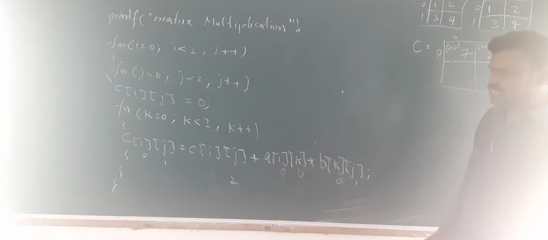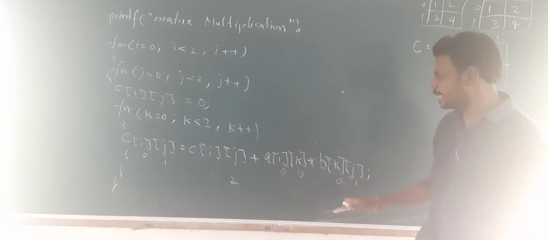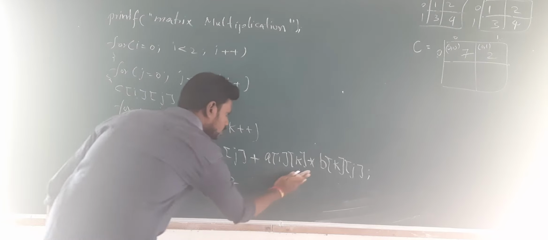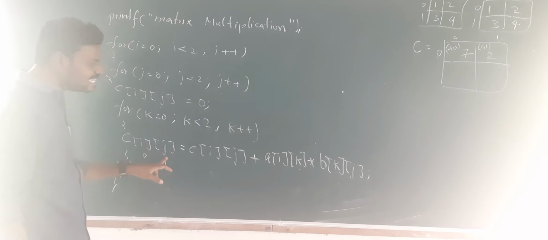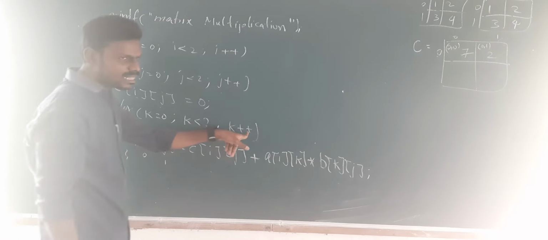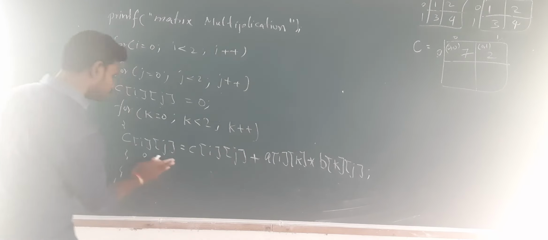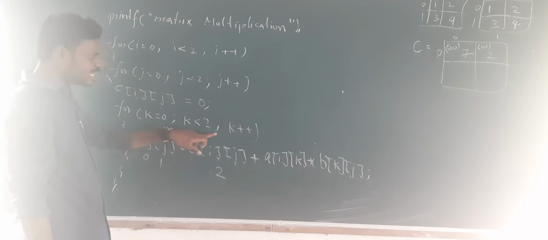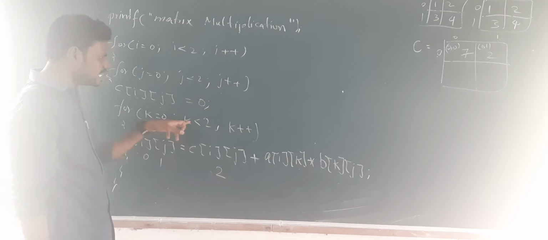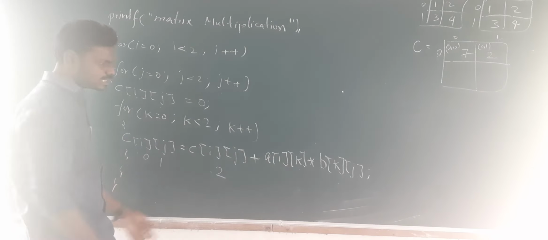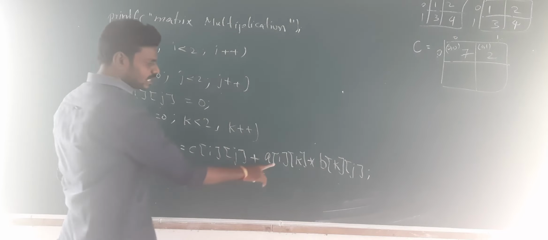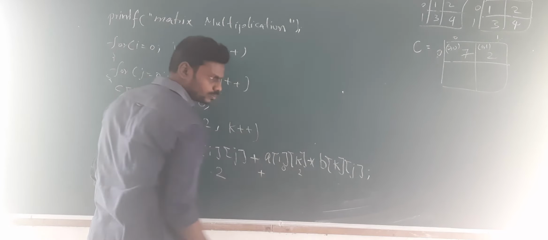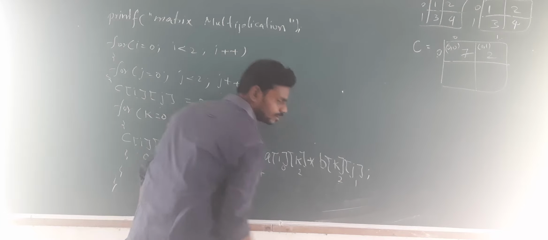Now again I will need to increment the value of K. I will erase all these things. Do remember that I is 0 in this case, J is 1 in this case and K is 0. Now I am incrementing the value of K, K will become 1. 0 1 only position. Okay. Now in 0 1 we are having 2 right now. Why? Because we have incremented the value of K. K is 1. 1 less than 2. I am entering into this.